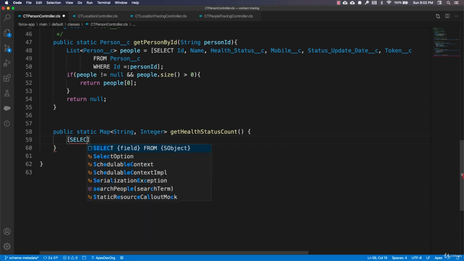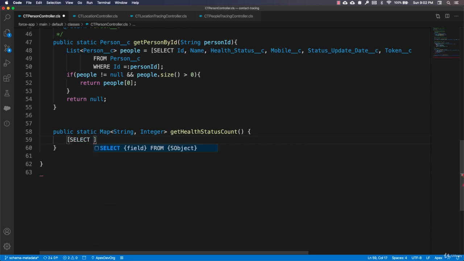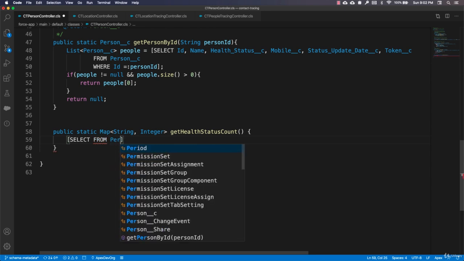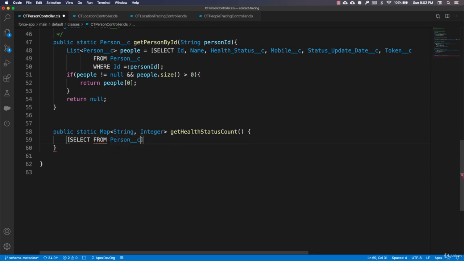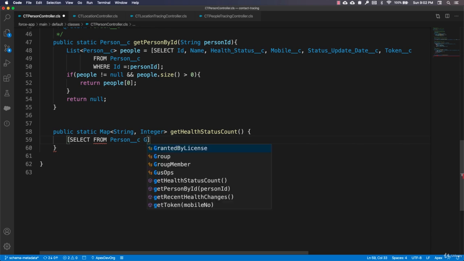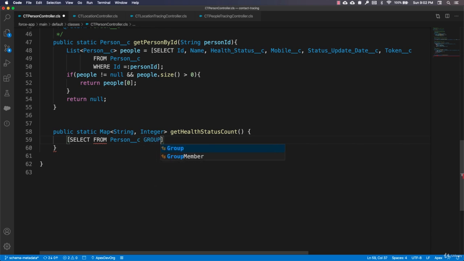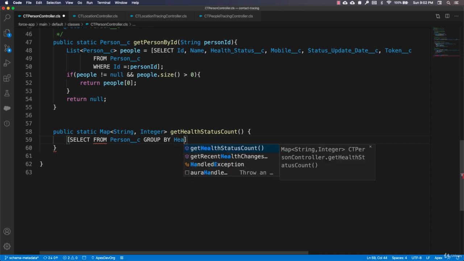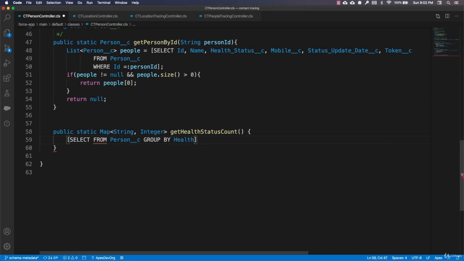I'm going to start with the select statement. I'm going to write my fields later on. First let's complete the from, person_c, and here I'm going to group my results by the health status. So it will be like group by health status,